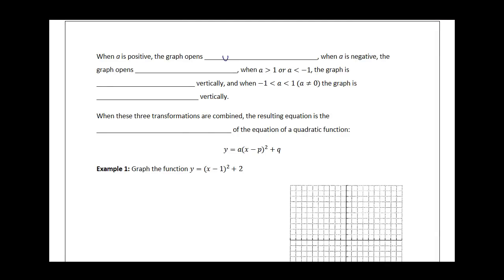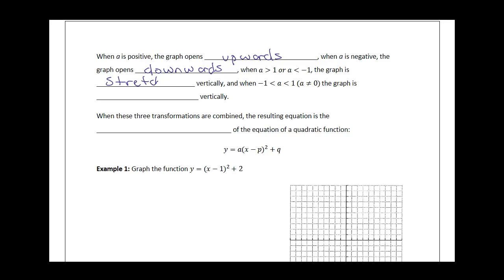When a is positive, the graph opens upwards. When a is negative, the graph opens downwards. So we were already a little familiar with that. Now the new stuff. When a is greater than 1 or less than -1, so whole numbers, the graph is